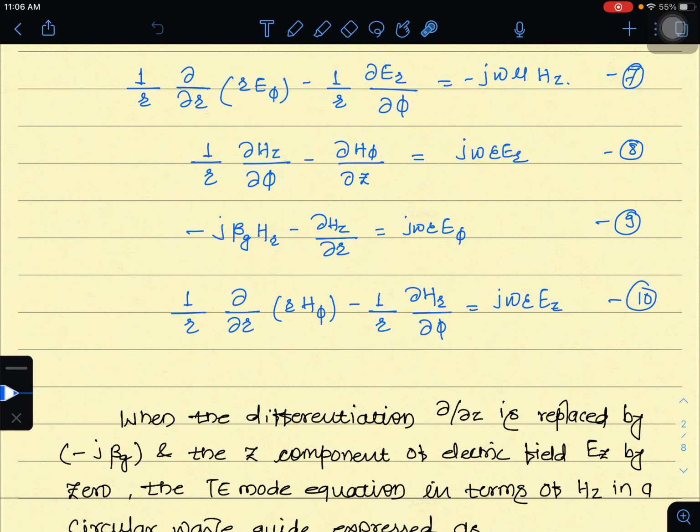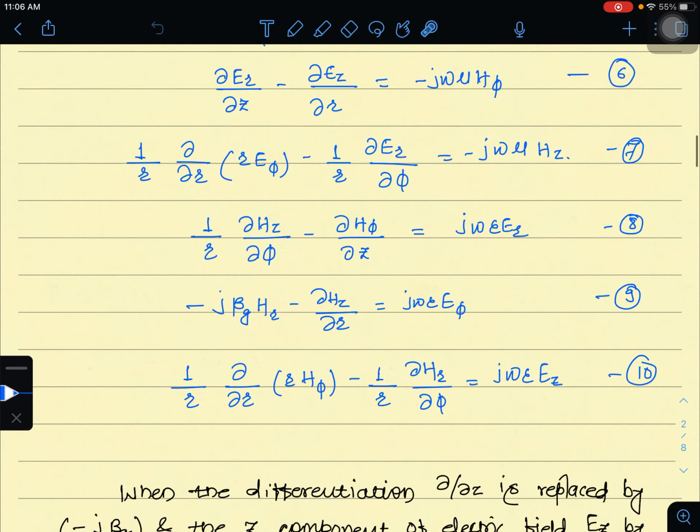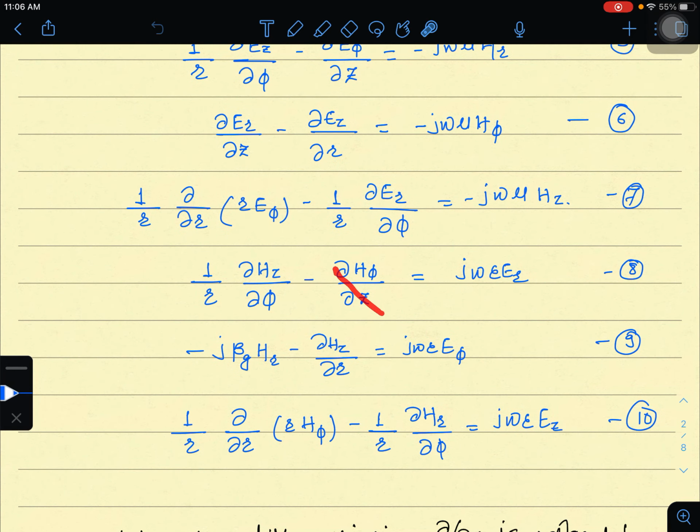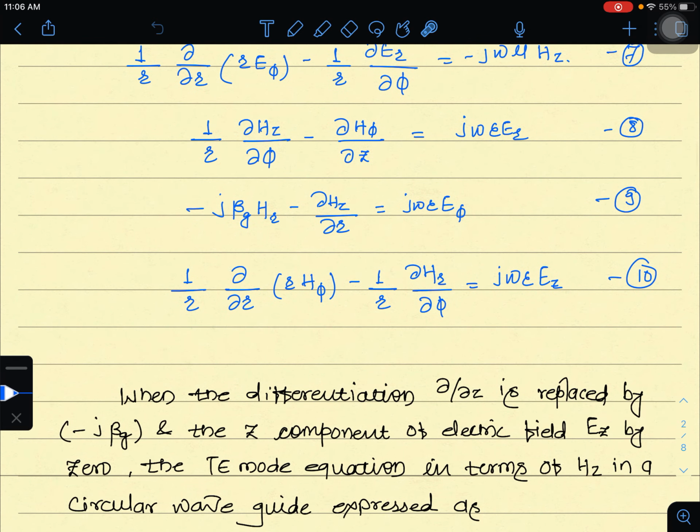Now the ∂/∂z factor. The ∂/∂z factor is the factor of differentiation with respect to z. Look at this one ∂/∂z, this one ∂/∂z, this one ∂/∂z, and the another one. Okay, that's enough. These three are replaced by the minus jβg,